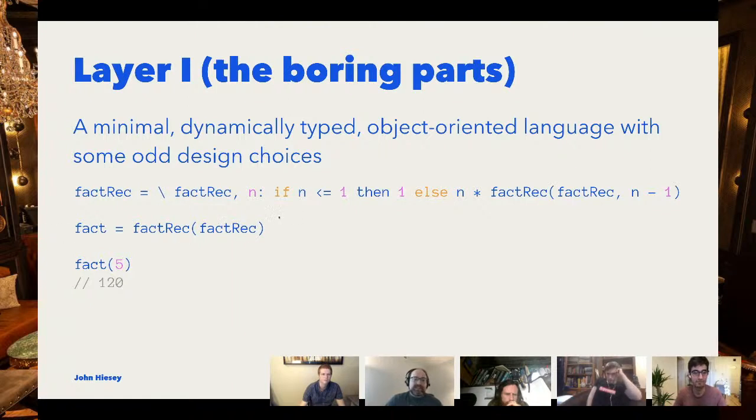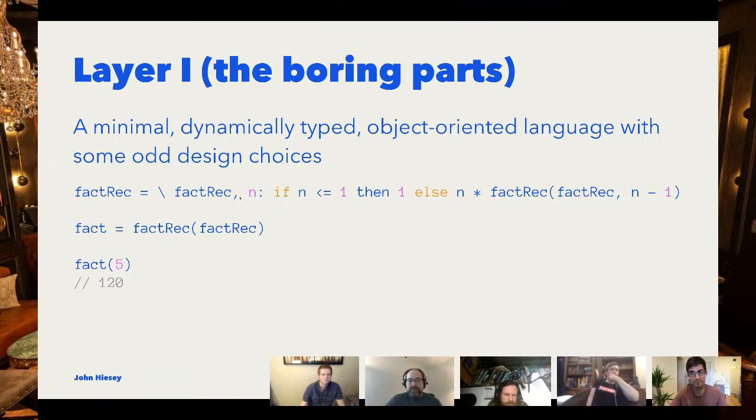And this is not how you'd actually write something, as you'll see later. If you have the second layer, there's a better way to do it. But if you really wanted to use just the first layer as a traditional functional language, you could write something like this. So we define factorial by passing factrect to itself.